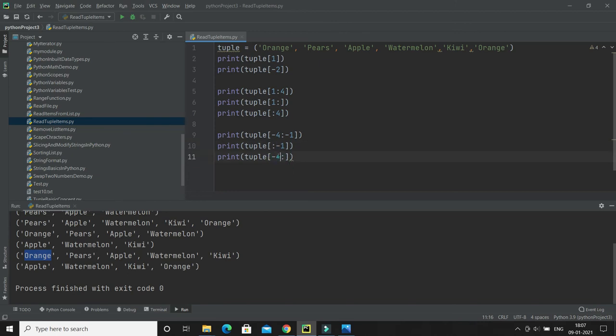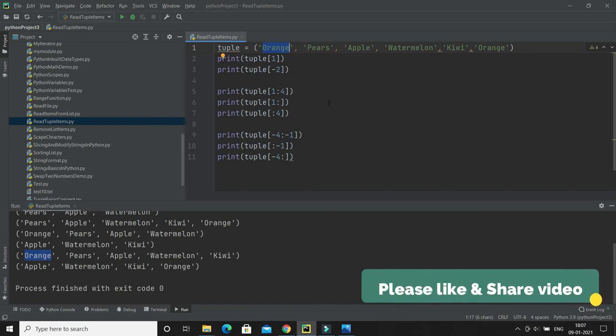Now if you specify the starting index, a starting index of -4, so -1, -2, -3, -4, it will start from apple and go till the last, till orange. That's how it works. So the concept is almost similar to when you specify a positive index. The same concept applies for the negative index, but the negative index always starts from the last, and the positive index always starts from the beginning. These things you have to keep in mind.